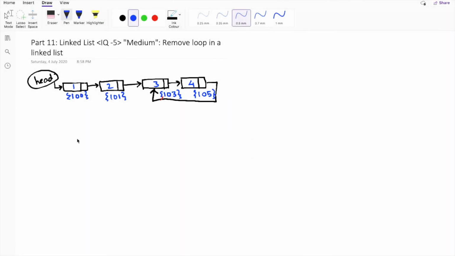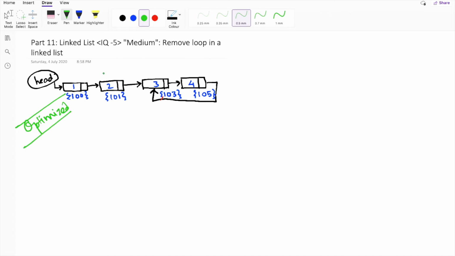So far we were solving this problem using an additional auxiliary space for the hash set, which was increasing the complexity of our problem to order of n. But with this approach, we will be using no auxiliary and additional space to solve this problem. So let's start with understanding the optimized solution of this problem.